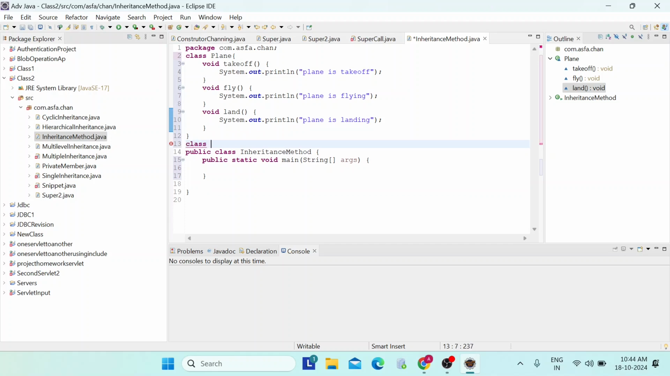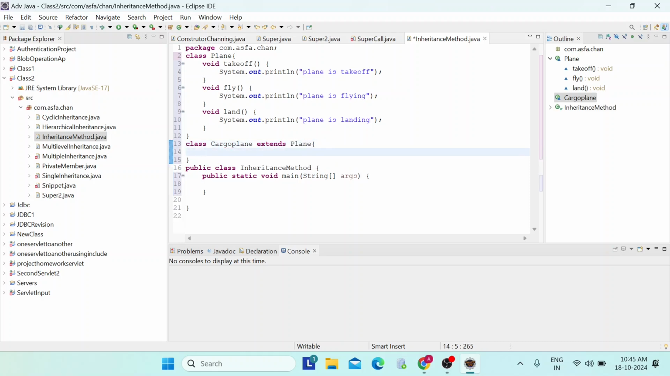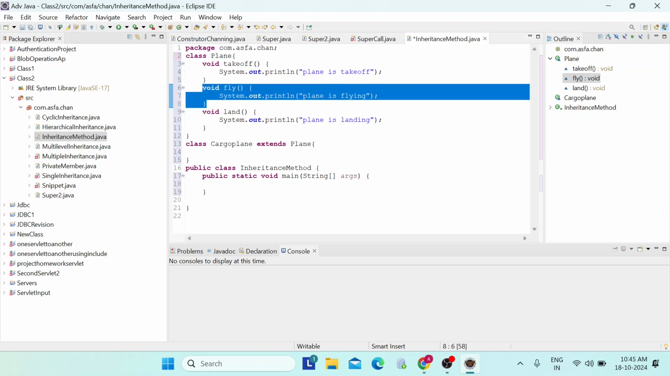Class cargo plane extend plane. Inside this, we will take two methods. One is overridden method, another is specialized method. What is overridden method? It is present in the parent class, but it is modified. So we will modify this fly